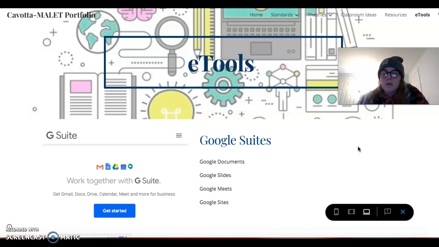Then they will also use Google Meets. This I will also be a part of because as of right now, students can't create their own Google Meets links. So I'll be creating Google Meets links for kids to collaborate together. So not only will they be collaborating on the Google Slides and the Google Documents, they'll be able to talk to each other on Google Meets to collaborate and share ideas through that, since they won't be able to physically